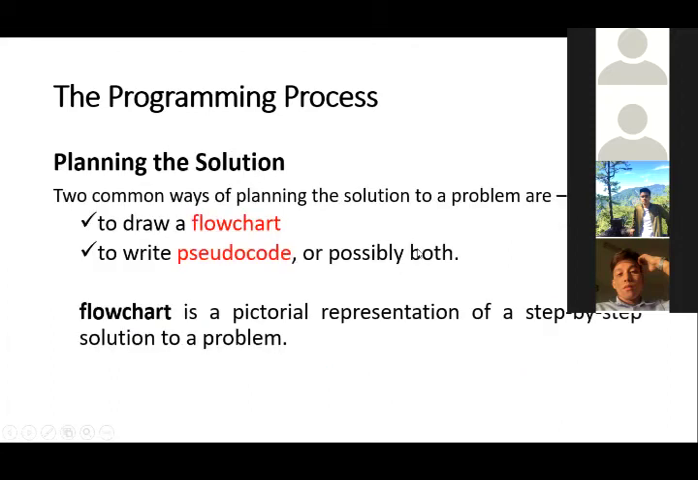Next, planning the solution. 2 common ways of planning the solution to a problem are to draw a flowchart and to write pseudocode. Sometimes we do both. For expert level programmers, either they use flowchart or they do pseudocode. Pero as practice, we usually do both flowchart and pseudocode, then we program. So when we plan the solution,